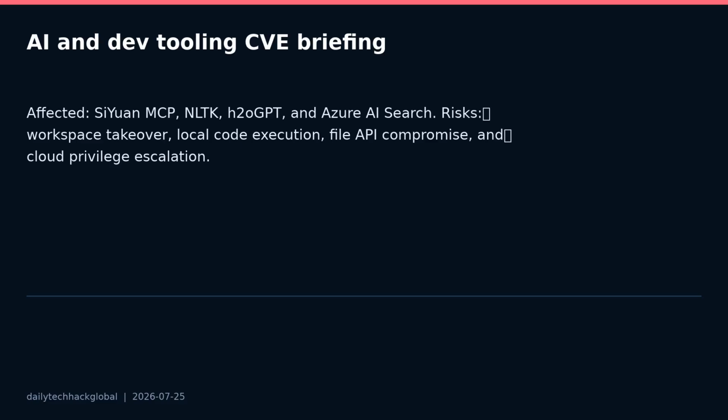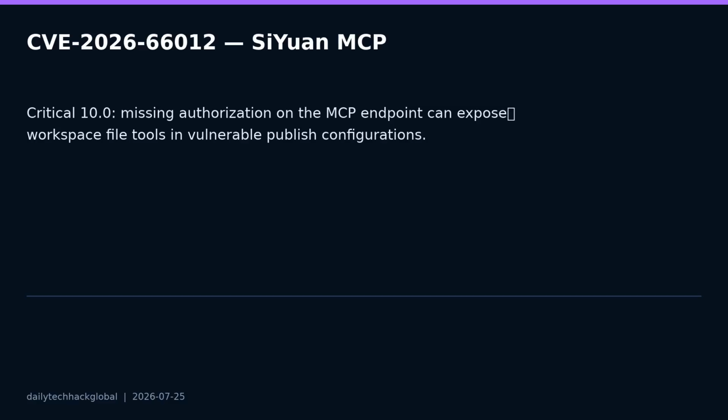First, CVE-2026-66012 affects SiYuan before version 3.7.2. The vulnerable area is the MCP endpoint used to expose tools. According to NVD and the GitHub advisory, the endpoint relied on a general authentication check without enforcing admin role or